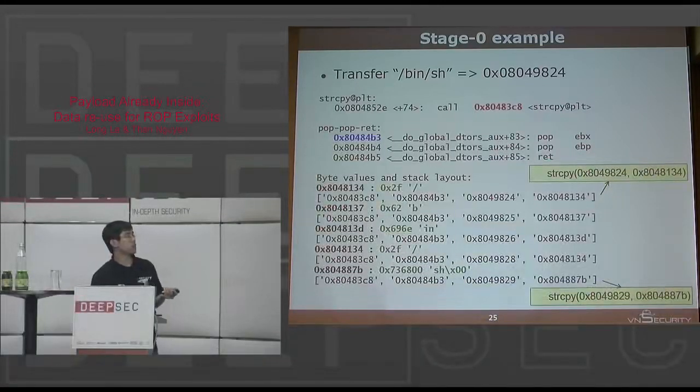So for example, something like this. What I can do is find the value in the binary itself. I know that the value 2F is at this address. So I can generate